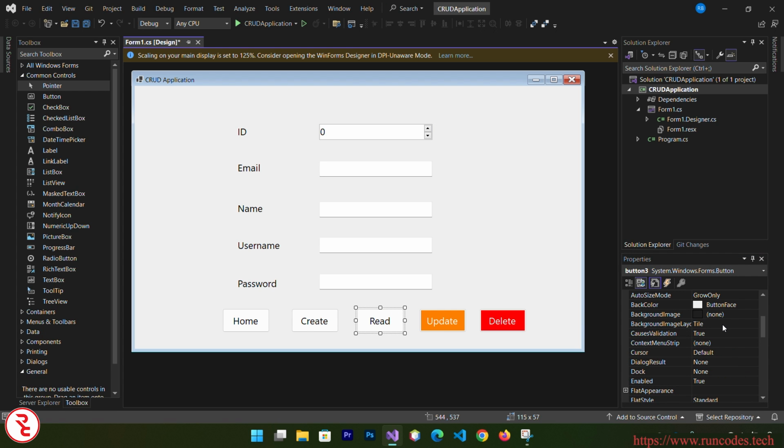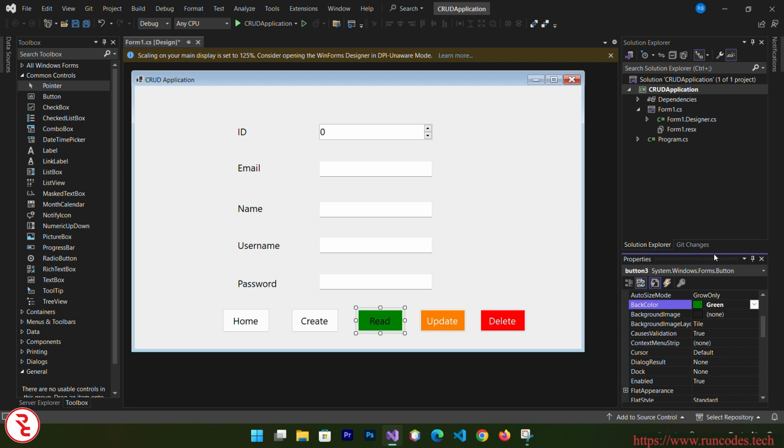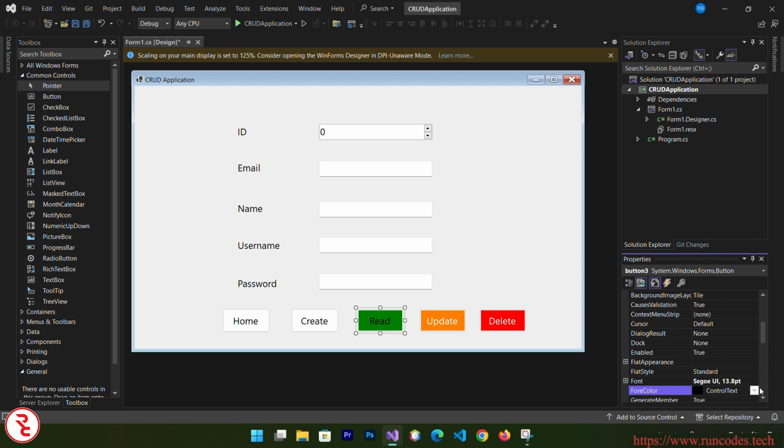Read I'm going to use like green one, and also change the ForeColor to